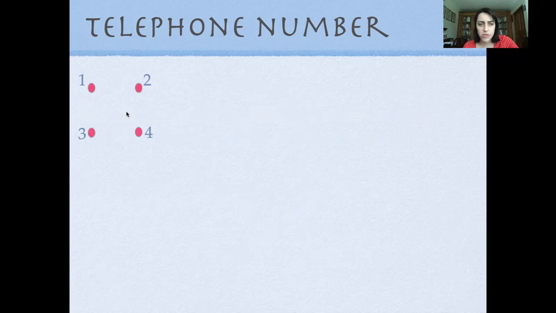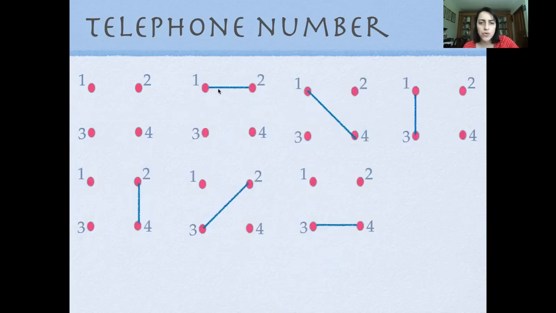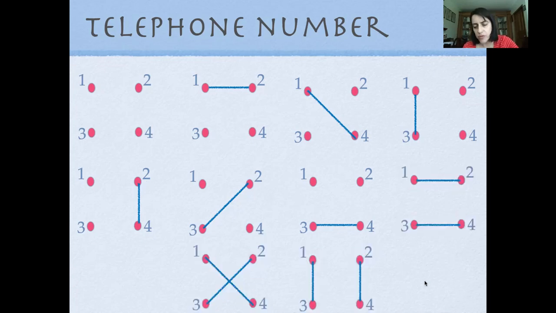Here we have a possibility, maybe none of these 4 people is talking by phone. Maybe only 2 of them are talking by phone, and then we have these 6 possibilities. Or maybe they are all talking by phone. Maybe 1 is talking with 2, 3 is talking with 4, or maybe 1 with 4 and 2 with 3, or 1 with 3 and 2 with 4. So we have these 10 possibilities. We already knew that T4 equals 10, but here we have visualized